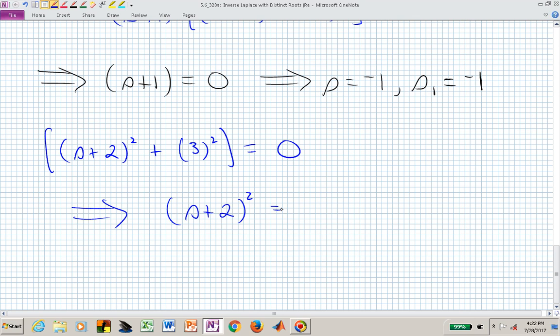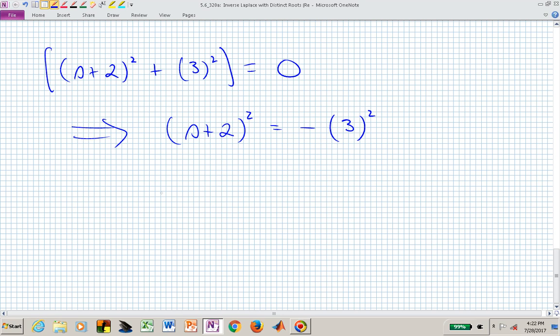And on the right, if we take 3 squared away from 0, we have minus 3 squared. If we now take the square root of both sides, then we have s plus 2, and we have plus and minus since we're taking the square root,